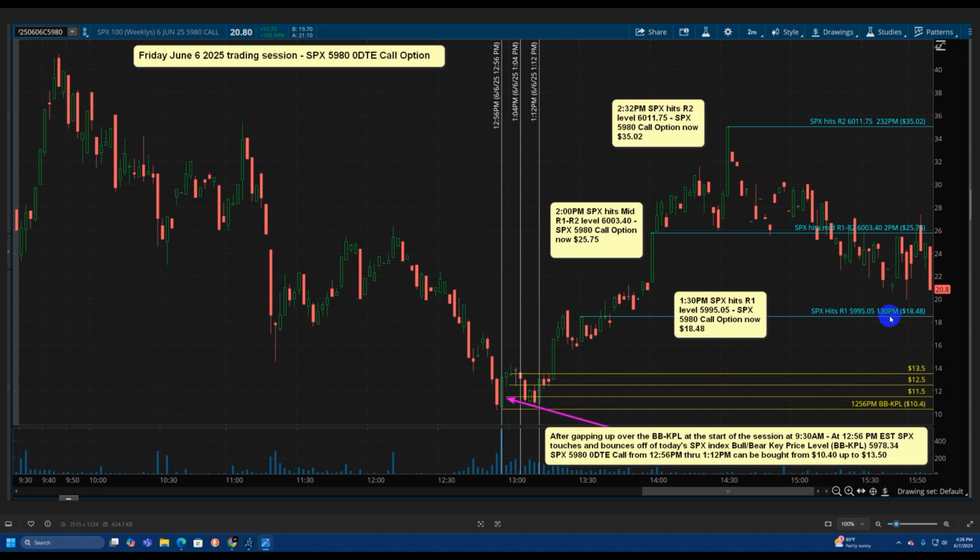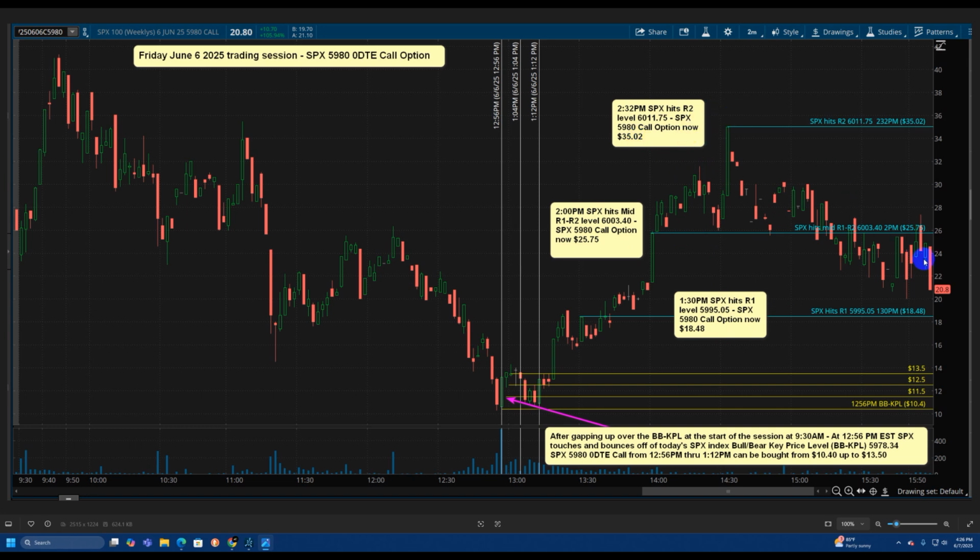Here we have the 130 candle marked off. This is where there were 1848 and it hits R1. Next we have at 2 p.m. where it hits the mid R1 R2 level of 6,340, and there were 2575. That happens here on this candle. And at 2:32 p.m. it hits R2 of 6,1175, and that's where they were worth